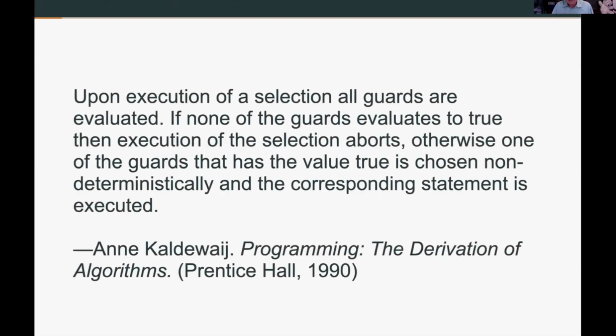Well, I looked at a bunch of descriptions and books and articles, and one of them here in a textbook on programming explains that upon execution, all the guards are evaluated, P, Q, and R, all 3 of them are evaluated. If none is true, then the whole conditional fails. But if some of them are true, 1 or more, then choose non-deterministically between them and then execute just one of the statements that are followed by the arrows. Well, this is not necessarily, it's certainly not the way it would be implemented, and maybe not even the way